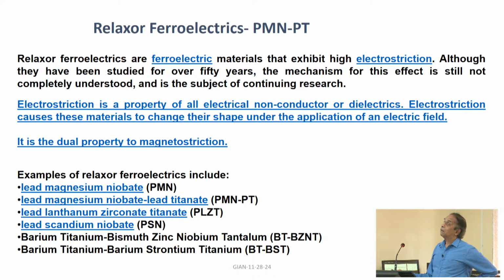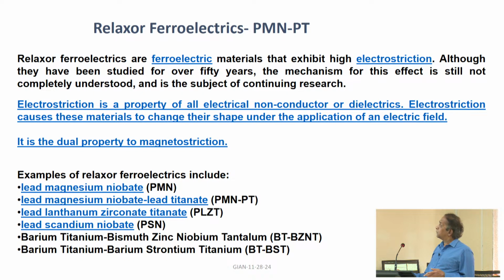D33 may be on the order of several thousand. For PZT, it's anywhere from 400 to 700 for the soft ones. Barium titanate is even smaller, whereas with PMN-PT, you can get D33 as high as 2 to 3,000 in PMN-PT and PZN-PT. And the mechanism for the ferroelectricity is rather